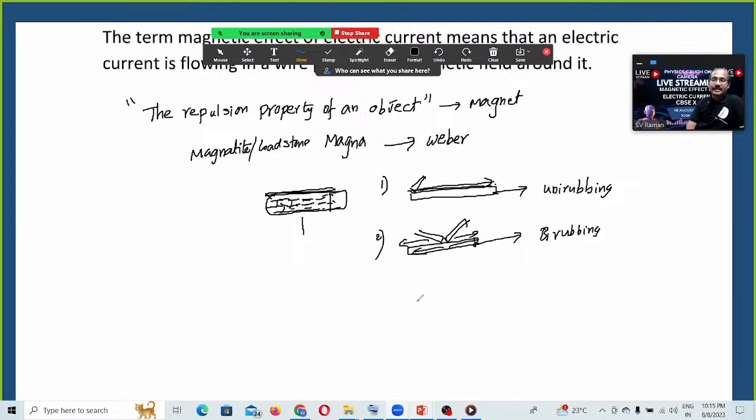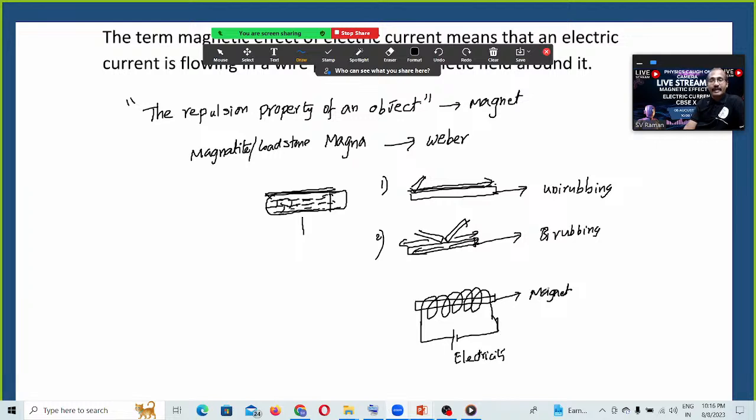Next, he took an iron rod and a copper wire. He placed the iron rod exactly at the center of the copper wire, and the copper wire did not contact any part of the iron rod, just freely suspended. Now, after some time, what happens? The current carrying conductor gives a magnetic field. Due to that magnetic field, the iron rod again turns into a permanent magnet. The iron rod turns into a permanent magnet due to electrification. This procedure we can call electrification. We gave electricity,